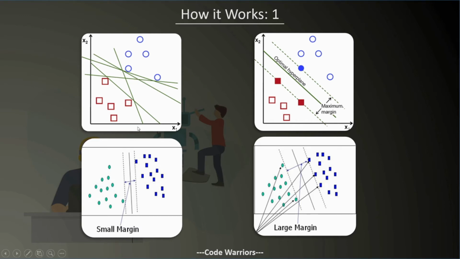You can understand it by seeing these two images below, where this hyperplane also classifies both types of data points, and this hyperplane works as well. But as you can see, the margin of this hyperplane is less compared to this one, where the margin is huge. So the support vector machine is going to pick this hyperplane as the model for this classification problem. And that's how it works.